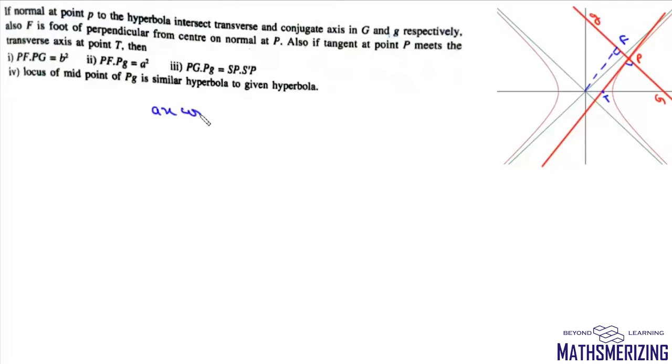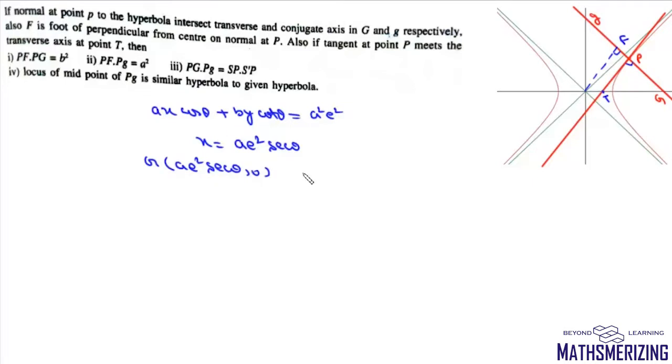A X cos theta plus B Y cot theta, and it is equal to A square E square. Now we'll put Y as 0, we'll get X as A E square secant theta. So the coordinate of this point capital G will be (A E square secant theta, 0). Now we'll put X as 0, we'll get small g, and that'll be (0, A square E square